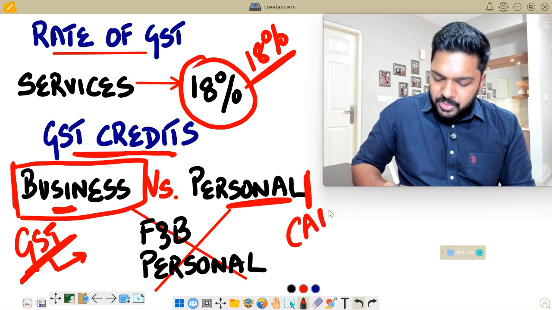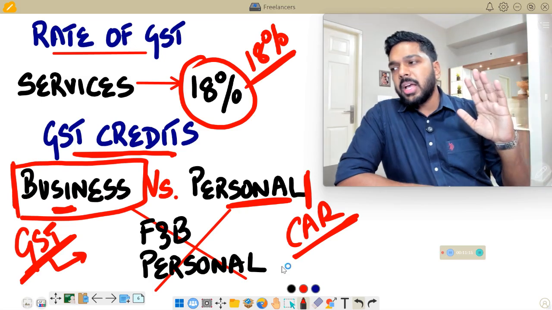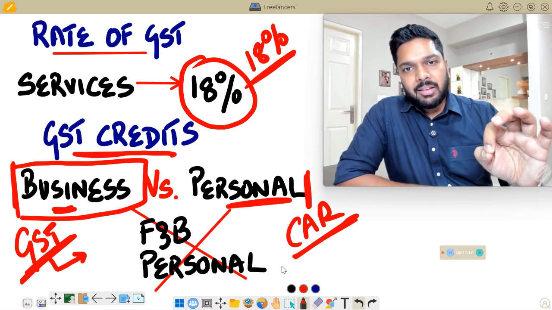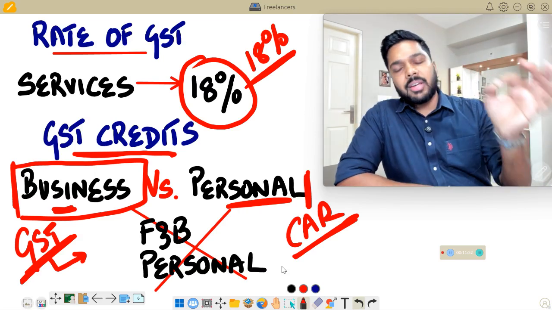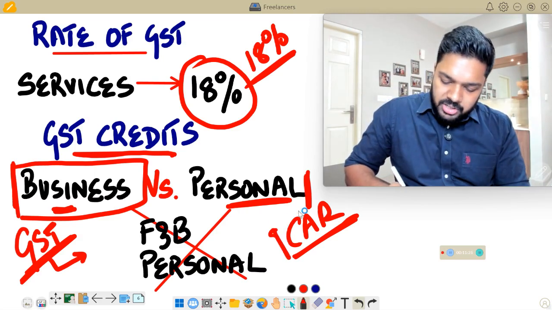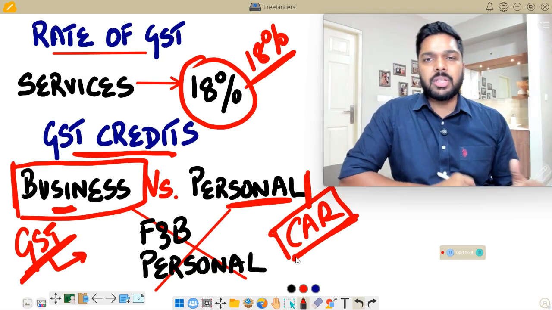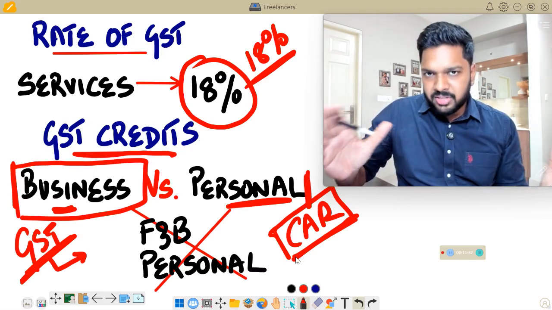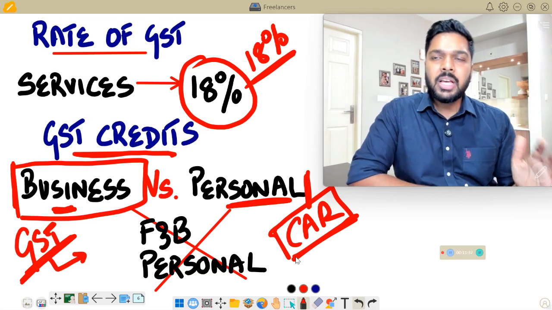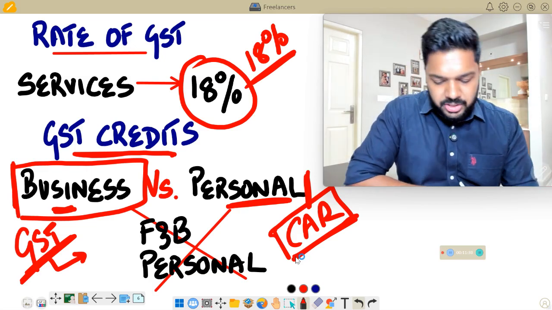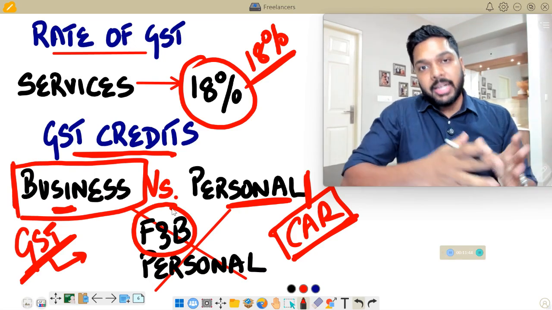If you're buying a vehicle, be it any type of vehicle for own purpose or business purpose, you cannot take GST credit on the same, because although you'll end up paying GST to the car dealer, you cannot take a credit of the same because that is blocked under the GST Act. Similarly, if you are buying health insurance, life insurance and all that, these are personal kind of expenses, you cannot take GST credit. Let's say you're hosting an internal training session in one of the hotels, you are incurring F&B charges. Again, the GST that you pay on that is blocked. You cannot take a credit of the same.